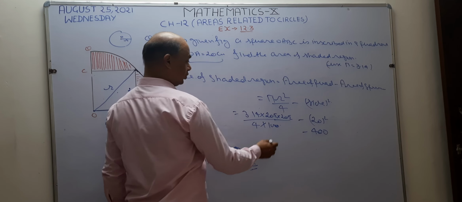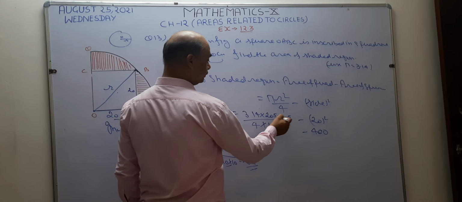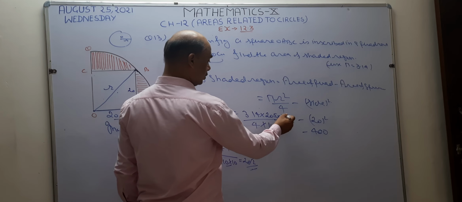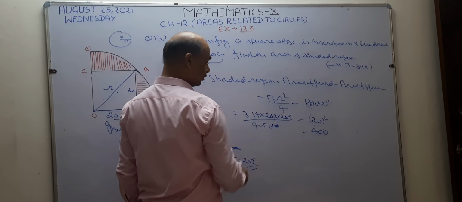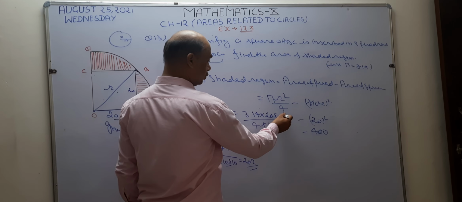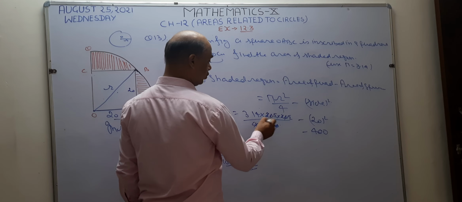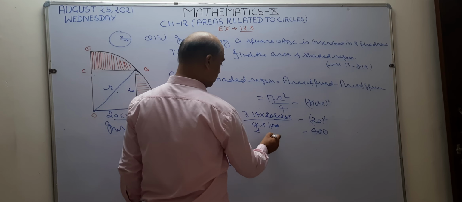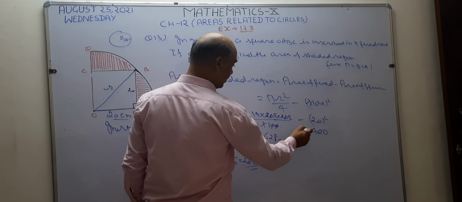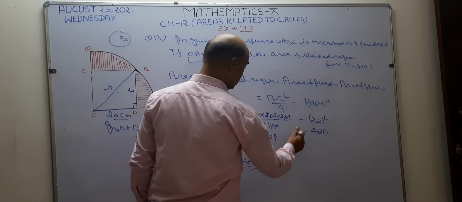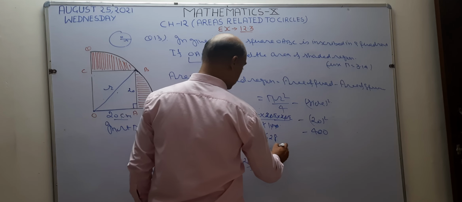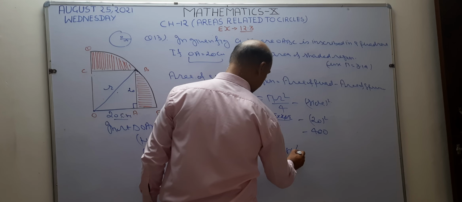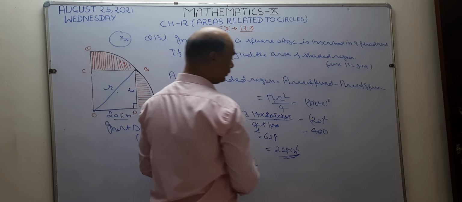Okay, now see, root 2 into root 2, 2. First you cancel these two zeros. Okay, now see, 2 2's are 4 and 2 is going to cancel. So this becomes root 2 into root 2, 2. So 2 4's are 8, 2 1's are 2, 2 3's are 6. So subtract 400 from this 628, answer become 228 centimeter square. This is centimeter square. Okay, so this is the answer.